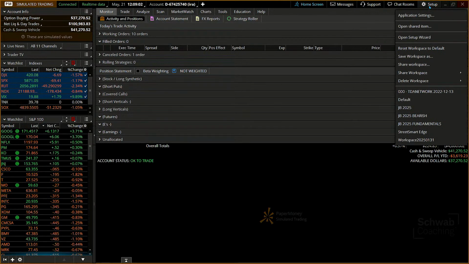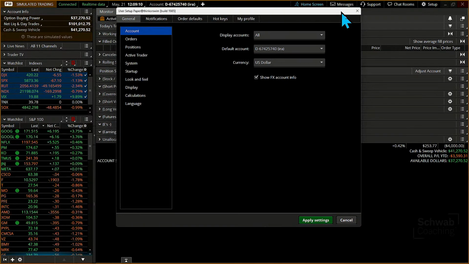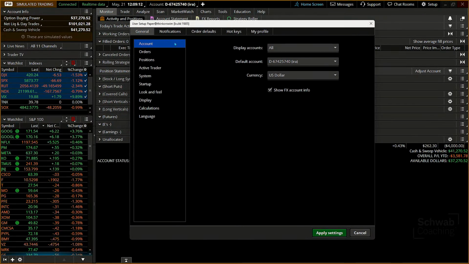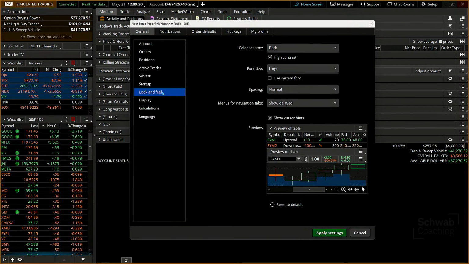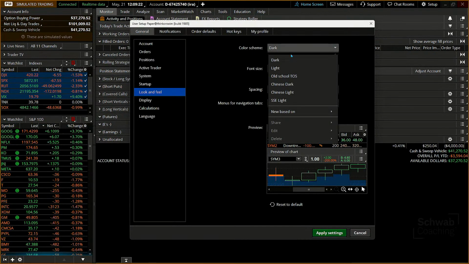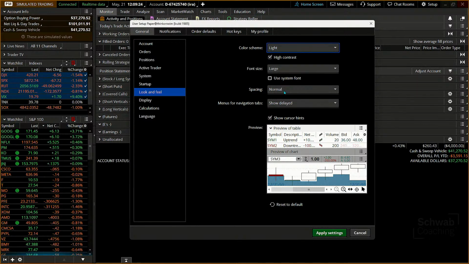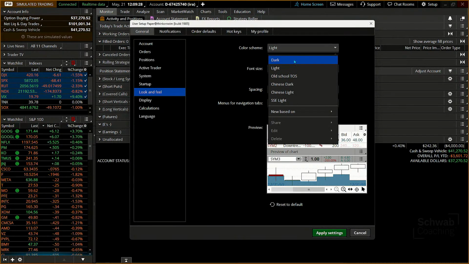We're going to click on the setup and go to application settings. If I click on the application settings right there, you're going to notice it gives us some options. What we're looking for is the look and feel, okay? If I click on that look and feel, it's going to allow us to say, well, James, mine's not like yours. Mine's light. This has this gray color. Can I change it to the dark color like you're showing?